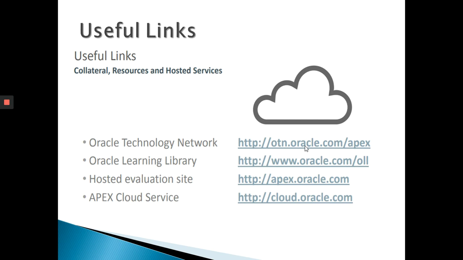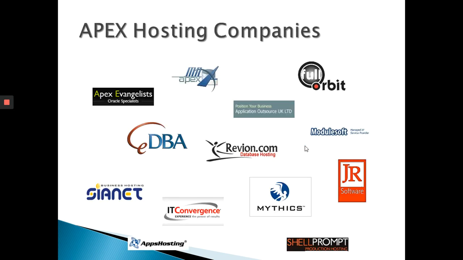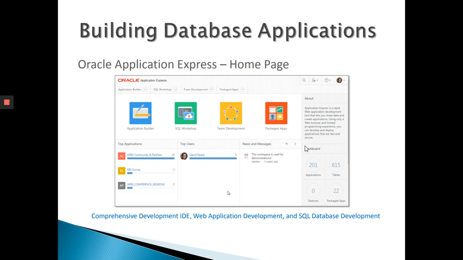Then Apex Cloud Services, cloud.oracle.com. Oracle also provides some cloud services on a chargeable basis, so this cloud.oracle.com is the same one. Then these are some of the hosting companies which provide server space as well as Apex already installed, so that you can just build your application, deploy it over there, and it can be accessed from anywhere. You don't need to take care of the database version or Apex version; you get the latest one. You just pay them according to the database size, the number of users, or the number of processes, like this. So this is the application site.